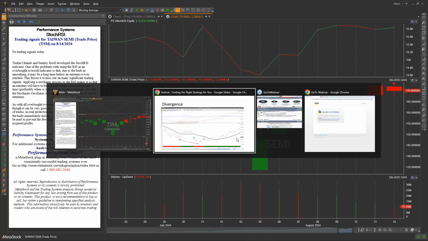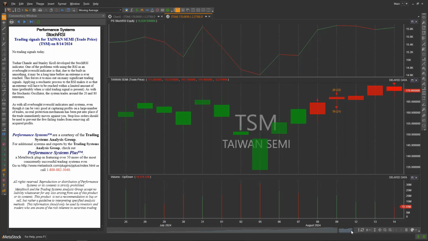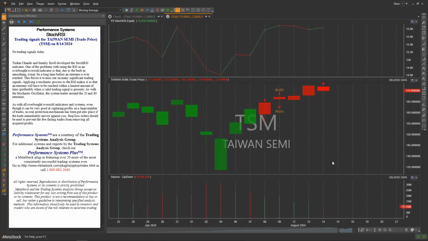The other thing I love about this is if you decide you like any of the systems in MetaStock, in TSM you might not have a signal today, but I can go in and easily run a scan against the entire market. Right now you'd actually be short on TSM. But once you find something that works well for you, you can scan the markets for it. Maybe you're here in the US, maybe you're joining us from internationally. There are so many different markets that we cover, over 300 different exchanges. You can get the data that you're interested in.